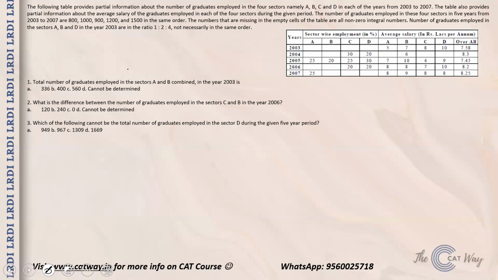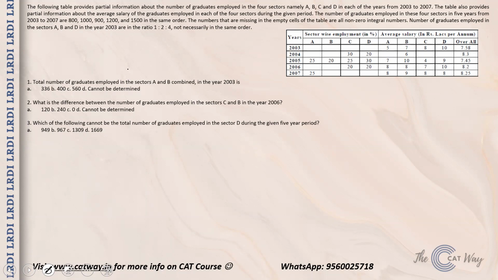Now, the number of graduates employed in these 4 sectors in 5 years from 2003 to 2007 are 800, 1000, 900, 1200 and 1500 in the same order. So in the same order means in 2003 they are 800, in 2004 they are 1000 and so on. Now the numbers that are missing in the empty cells of the table are all non-zero integral numbers, and